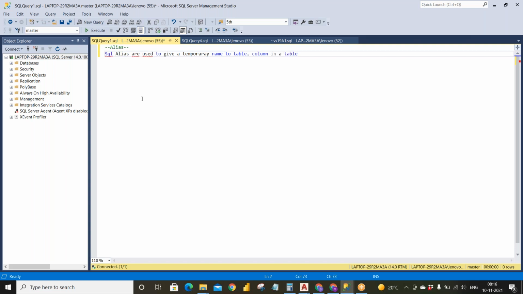It's a temporary one only, just to make it more readable.